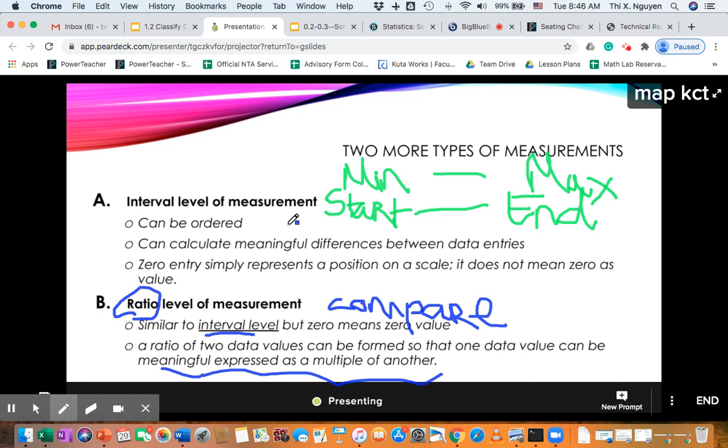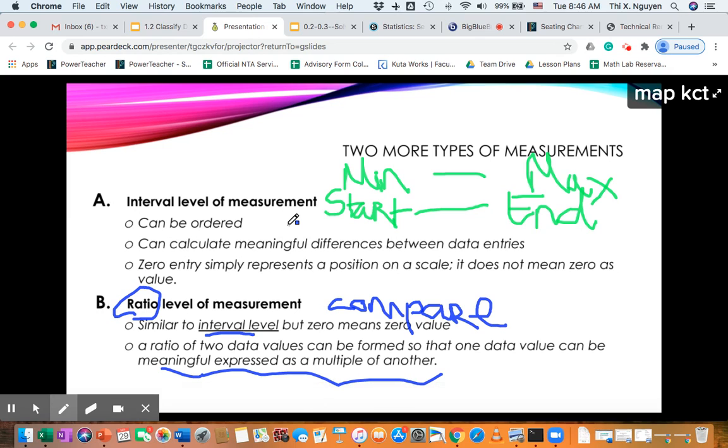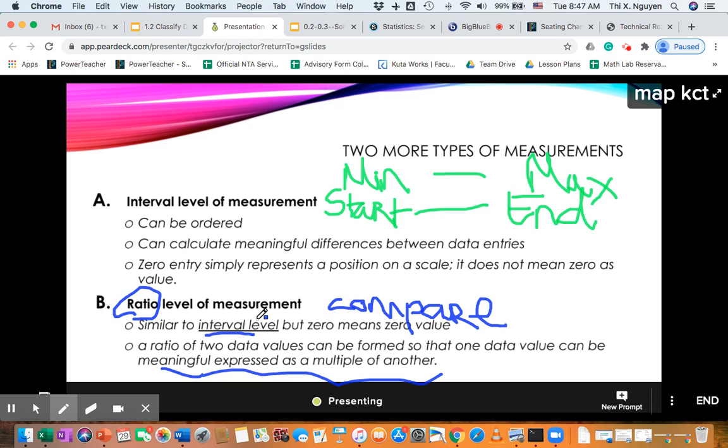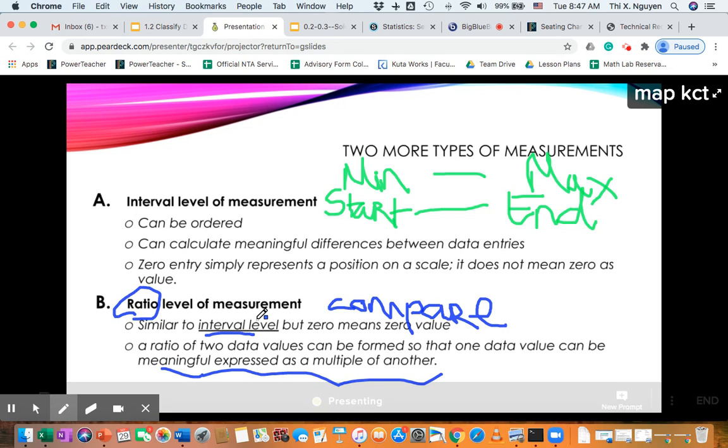So interval, you can think of it as a chunk of something, and ratio is where we're able to use the values to compare. I'm talking about heartbeats, right? It can go from low to high, but the 0 has a meaning, all right? So this one is hard. Next time we will come back to this one and talk more about interval and ratio when we do more practice. But right now, I'm going to